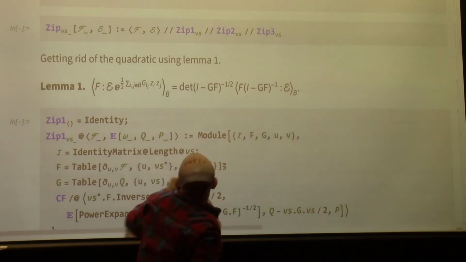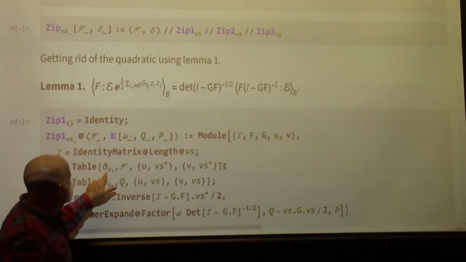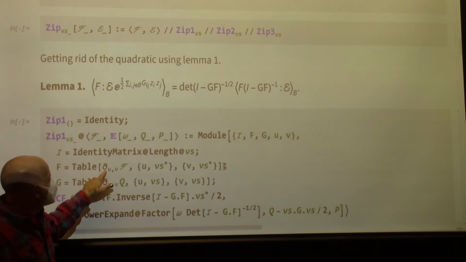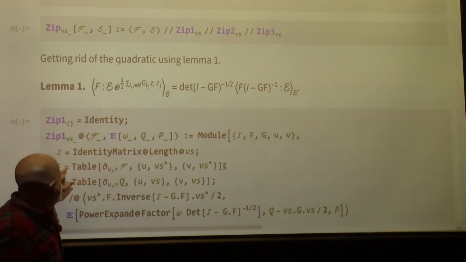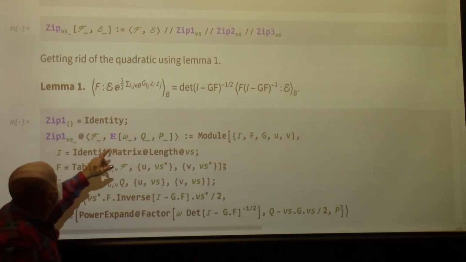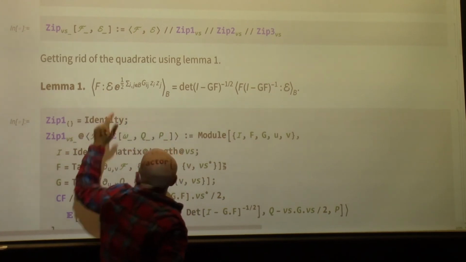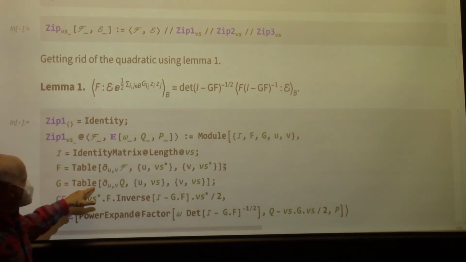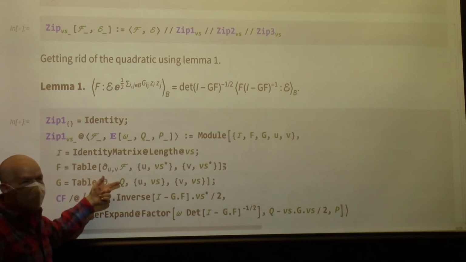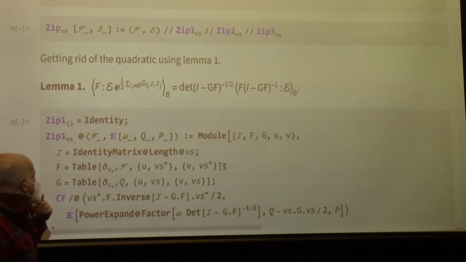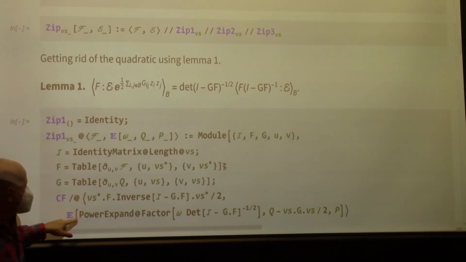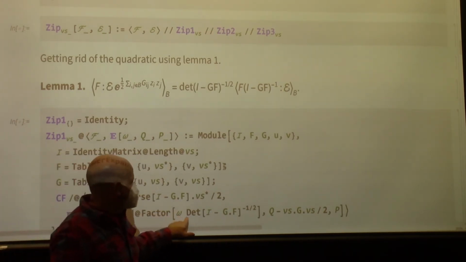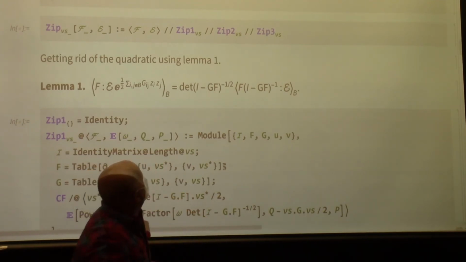You set I to be the identity matrix, you set F to be the matrix generated as a table of coefficients of calligraphic F. So basically this is the matrix F that appears here. Then G is the matrix of partial derivatives of Q, of the quadratic part. And then all you do is you write this determinant, and you look at